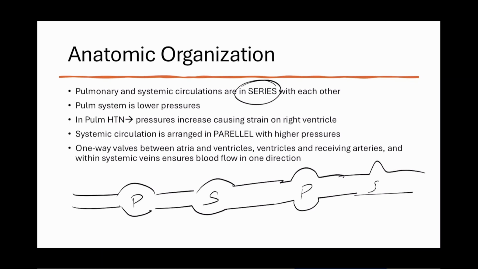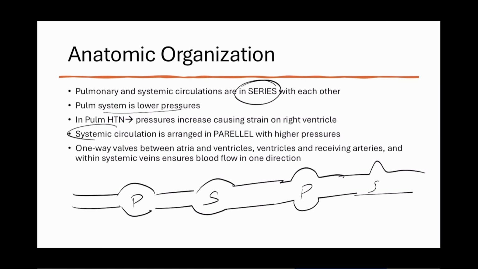The blood has to go through the entire pulmonary system, then it goes through the whole systemic system, then it goes back to the pulmonary, they go back and forth. This is in series, okay? The pulmonary system has low pressures, and that allows the driving force from a high pressure in the aorta all the way down to the right atrium. That difference allows your blood to go from the aorta to the arteries, capillaries, veins, and back up.